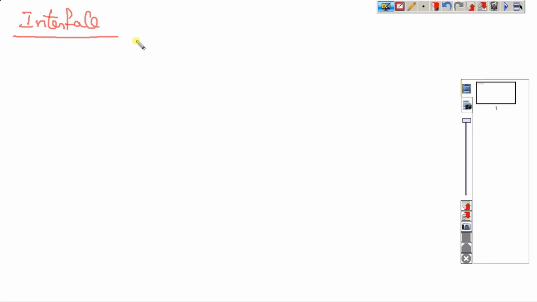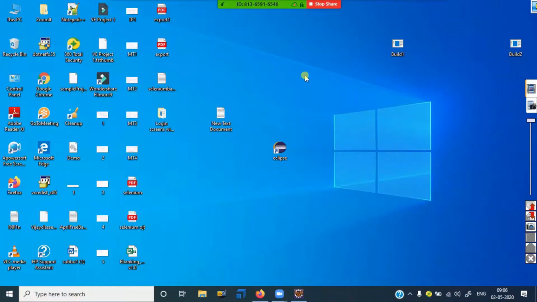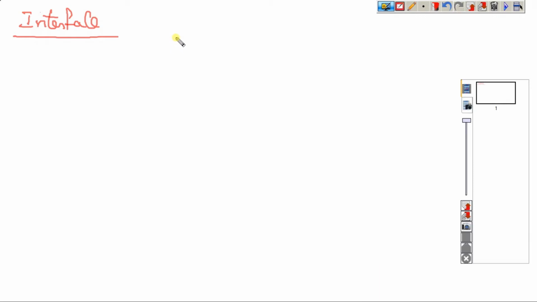Once again, interface is a set of rules. It has so many methods but no logic, and all the methods we can implement into different classes. That is what we call an interface.